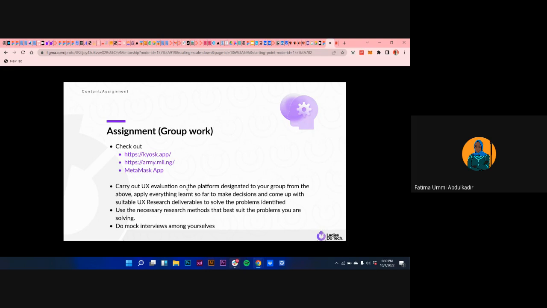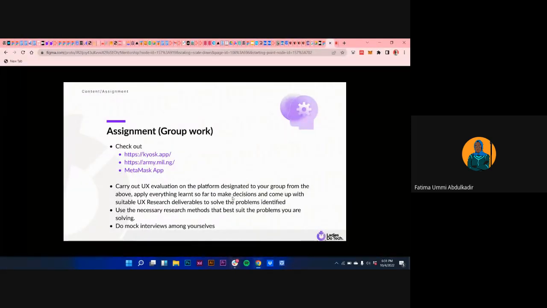So the assignment is, we're going to group you. I don't know the number yet. Per group, you are going to take one platform, such as kiosks, depending on the platform your group is balloted. You are going to carry out a UX evaluation on the platform designated to your group, then apply everything you've learned so far to make decisions.